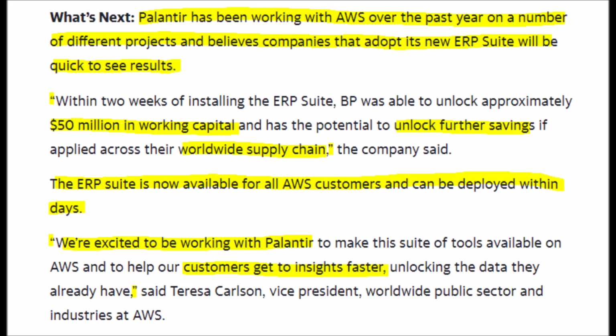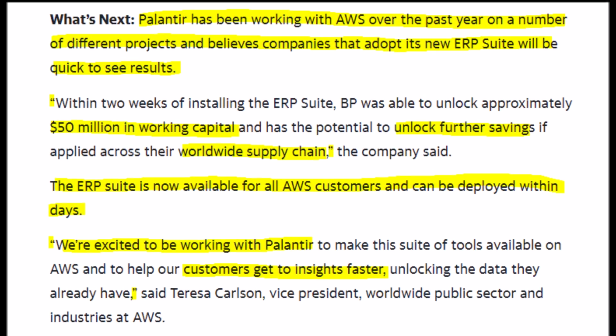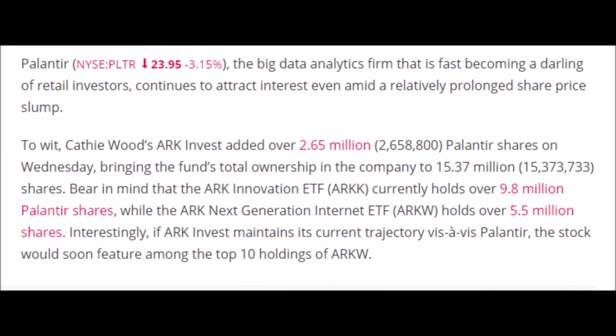Just listen to this quote. Amazon says, "We are excited to be working with Palantir to make this suite of tools available on AWS and to help our customers get to insights faster, unlocking the data they already have." This is insanely good news for Palantir and PLTR stock, but it will not instantly affect the PLTR stock price,